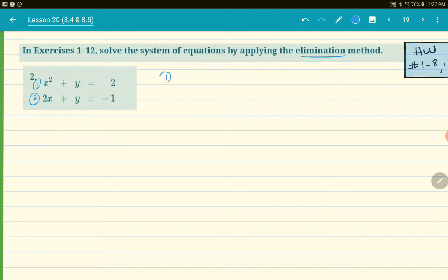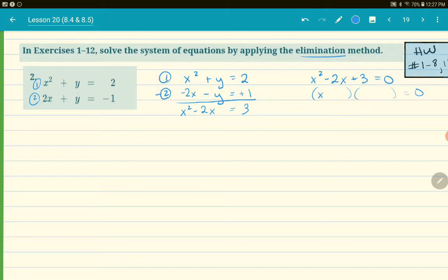So I'm going to take equation 1 and subtract equation 2. So equation 1 is x squared plus y equals 2. And negative equation 2 is negative 2x minus y equals positive 1. So when I combine those, I get the y's to cancel out, and I get x squared minus 2x. So now I have a quadratic equation that I know how to solve. I know that with quadratics, I have to set it equal to 0. So I'm going to add 3 to both sides to get that equal to 0. And then I can factor this